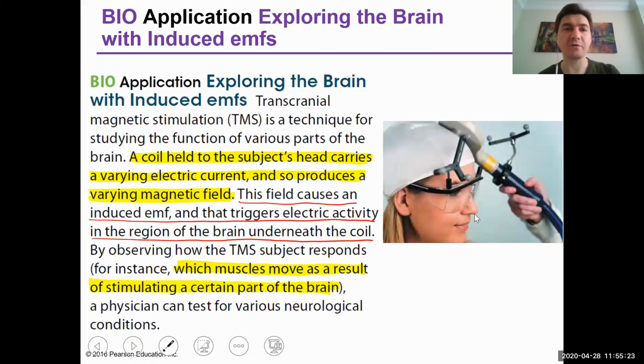Then let me continue. This is a bio application of induced currents, induced EMFs: exploring the brain with induced EMFs. There is a method which is called transcranial magnetic stimulation. It is a technique for studying the function of various parts of the brain. You can consider it in Turkish